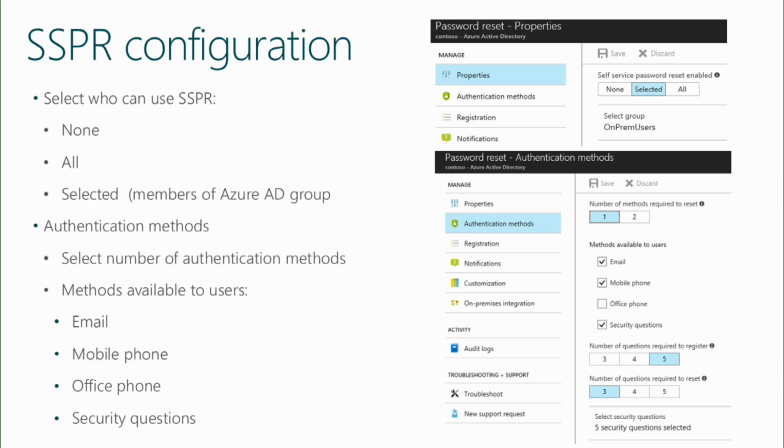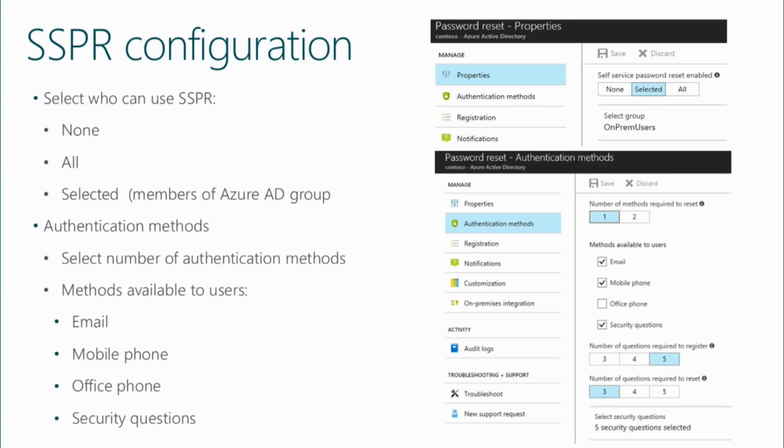Azure provides you with a list of about 30 or 40 common questions. What's your dog's name? What's your mother's last name? What city were you born in? Things of that nature. But then you can also customize by asking things that only maybe an employee would know. What's your cost center code? What's your manager's alias? What's the number on your office door? Or any other value that you might have. What's your employee number, for example? And so you can build these custom questions to further tighten down the questions that are provided.